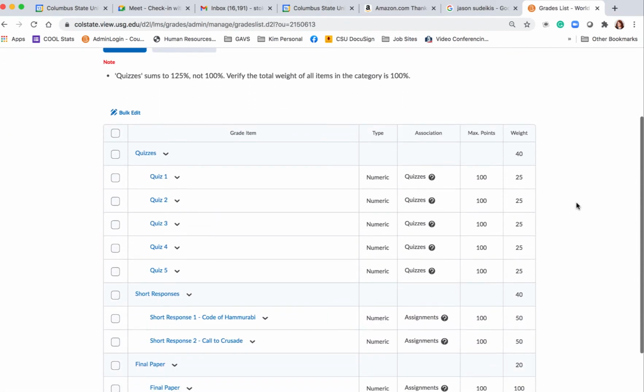So I'm going to check. It says that your quizzes sum up to 125% and not 100%. So what that means is that the weight of your quizzes should total up to 100% of this 40%. And so I'm going to take a look at this category quizzes, click the drop down arrow and then click